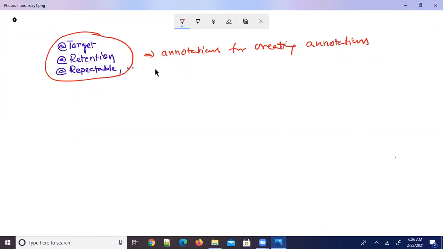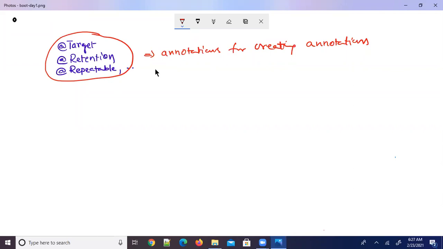Suppose you might have observed, at the time of writing code, some annotations that you write at the class level.